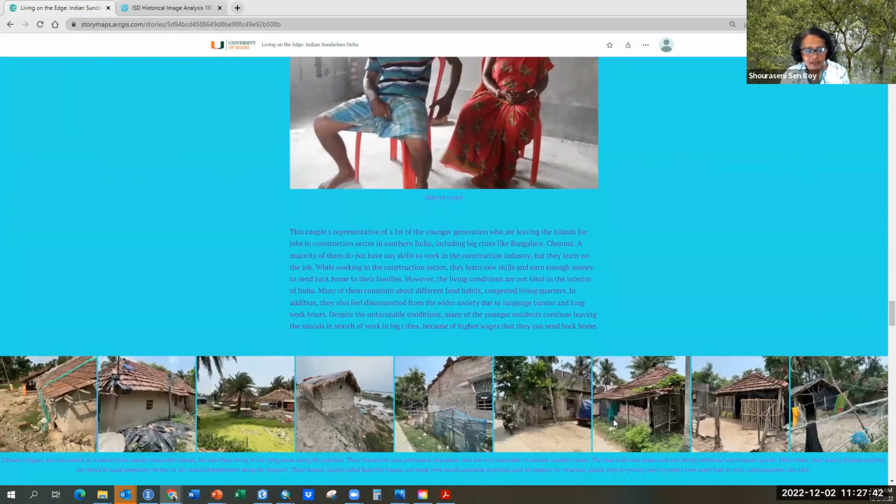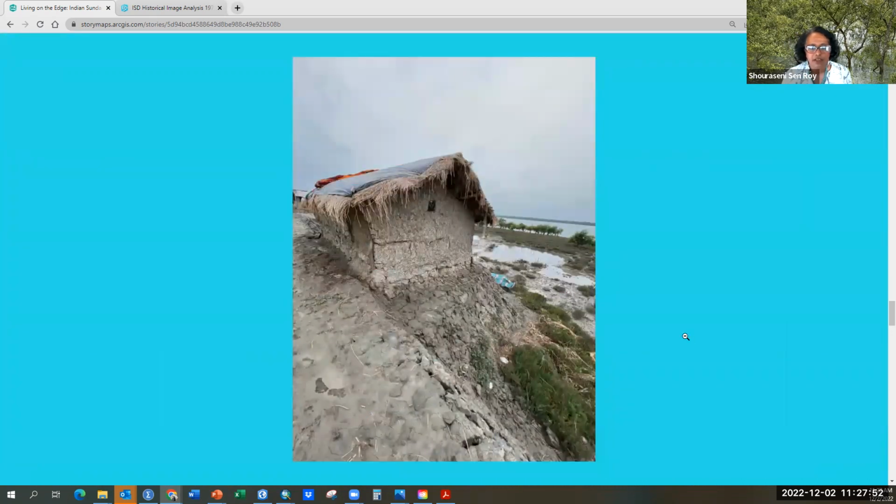And here is the other aspect of what happens with these climate refugees, the type of house. So this is an example. Let's see if I can, yeah. This is a house. As you can see, it's just made of mud with a straw roof, and there's a plastic tarp to protect from rain. You can only imagine how safe or how resilient this house is.